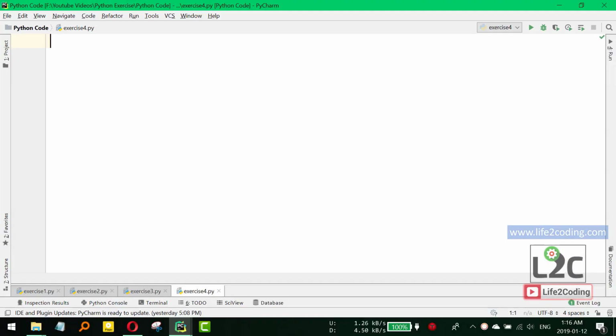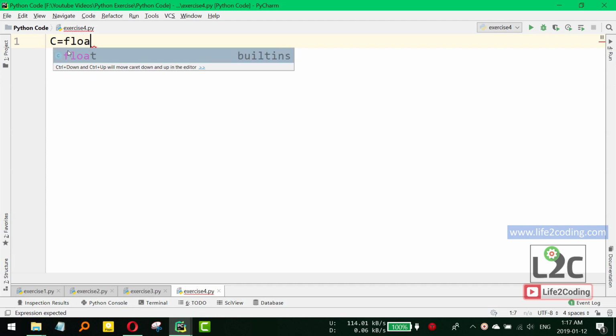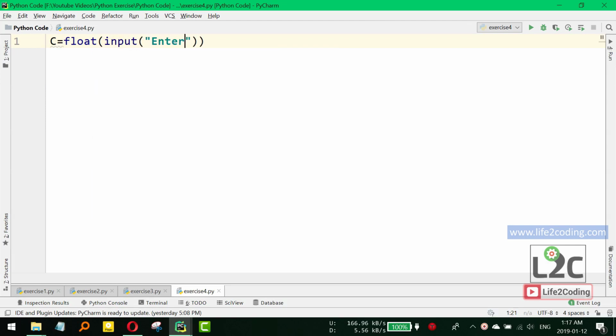So the first thing that we need to do is that we need to take the Celsius temperature from the user as an input. So declare it as C, and then we just take a variable like C for it, and we also would like to take the input Celsius temperature as a floating point, so float, and then ask the input: enter the Celsius temperature. Okay,